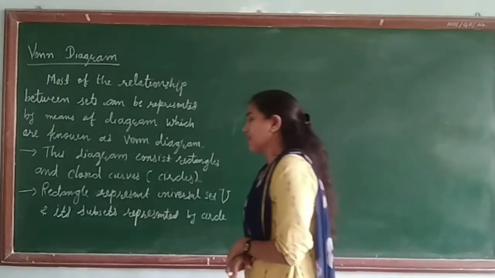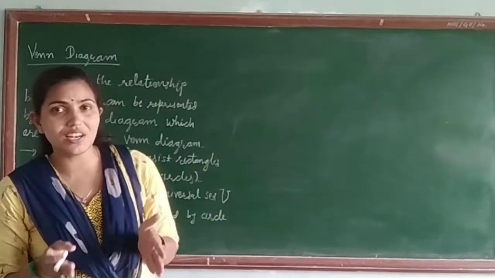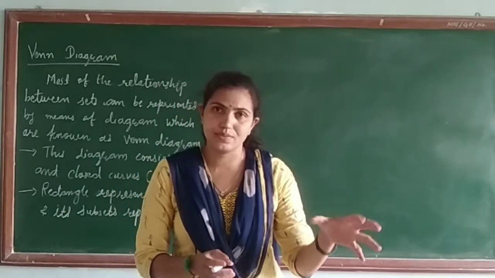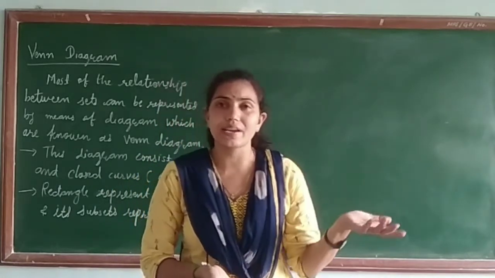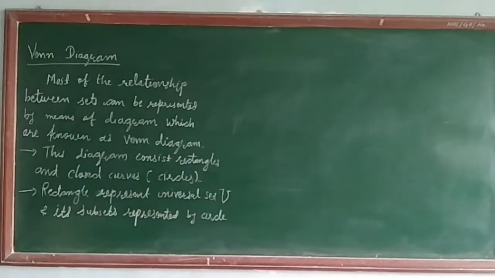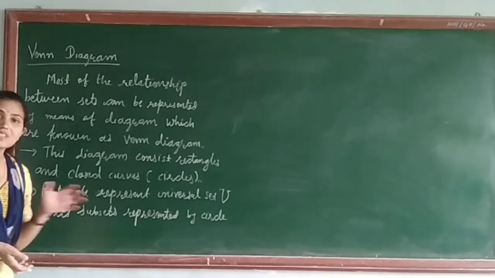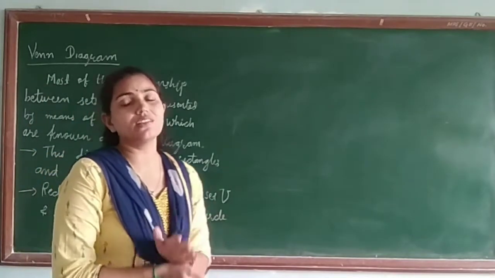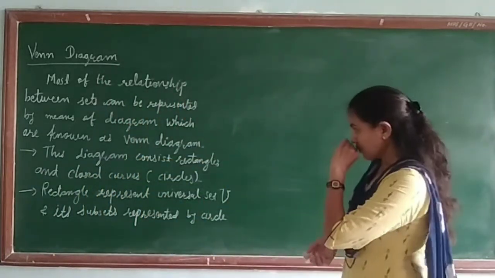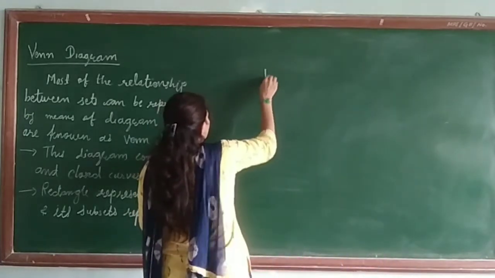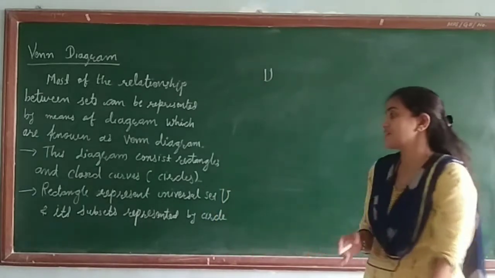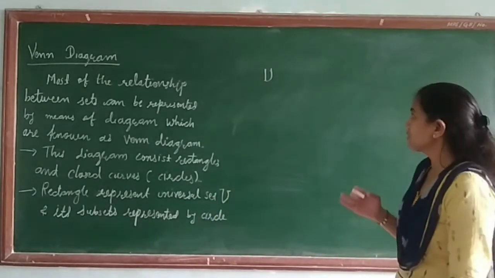First, what is a Venn diagram? So Venn diagram is generally a diagram which is mostly used to represent the set, okay, or the relation between the set. So whenever you are going to represent a relation between set, it is known as a Venn diagram. This diagram generally consists of a rectangle and a closed curve. The closed curve is used as a circle to represent the set. Suppose you are having a union here, where we have written that the rectangle is represented for the universal set, and other subsets are represented by the subcircles.